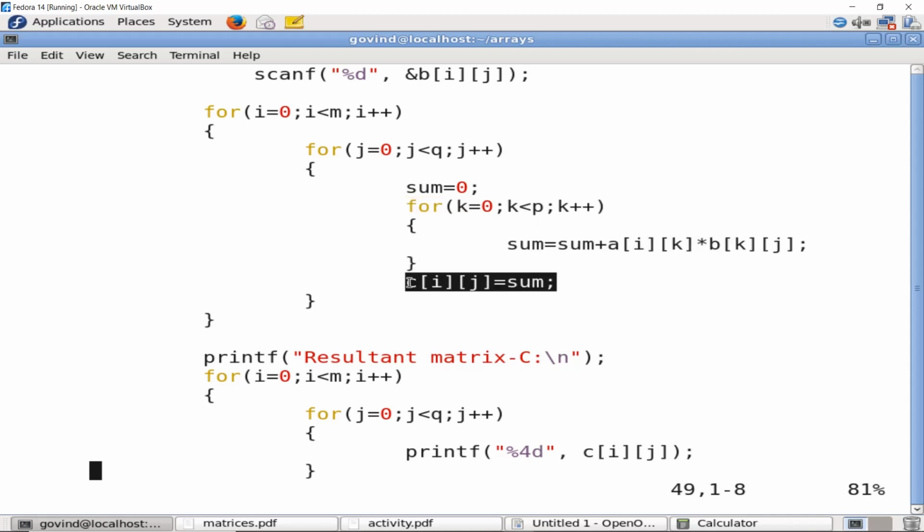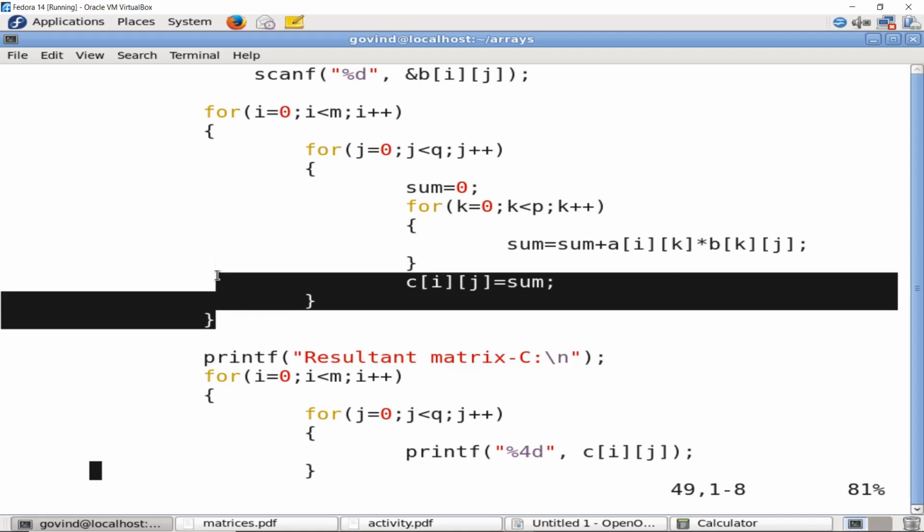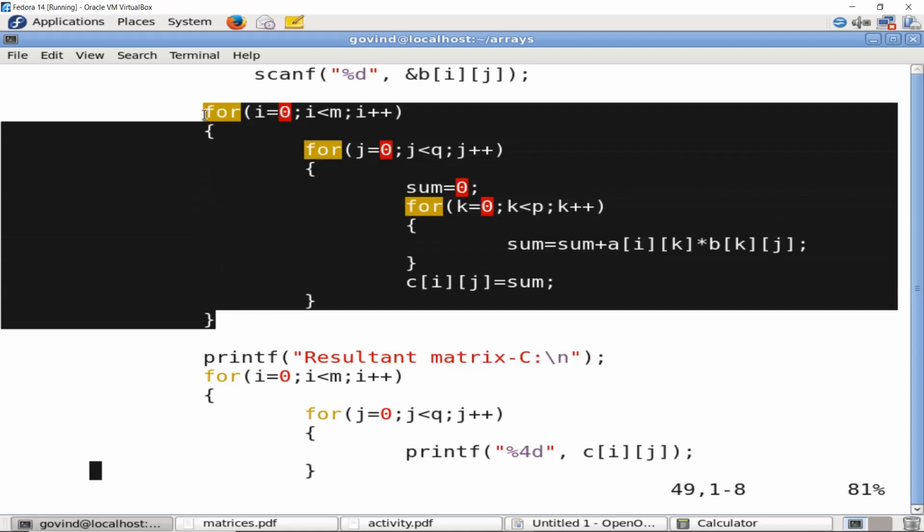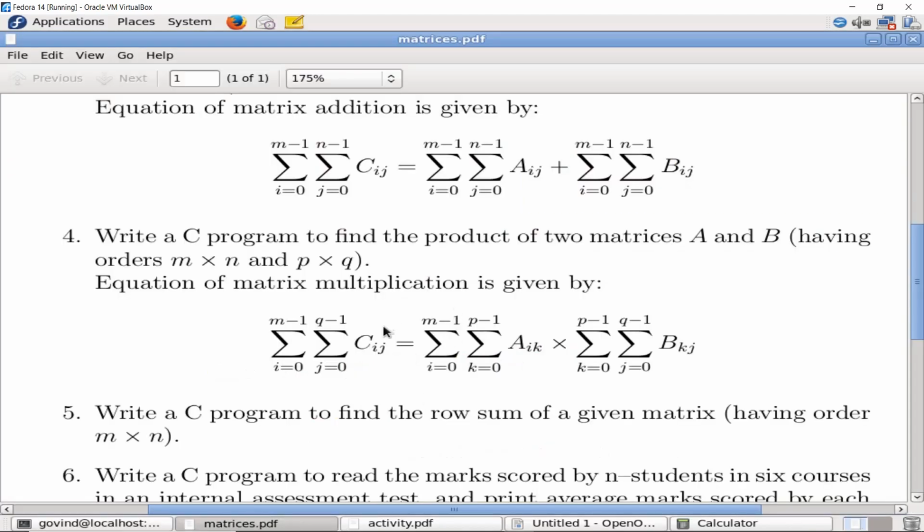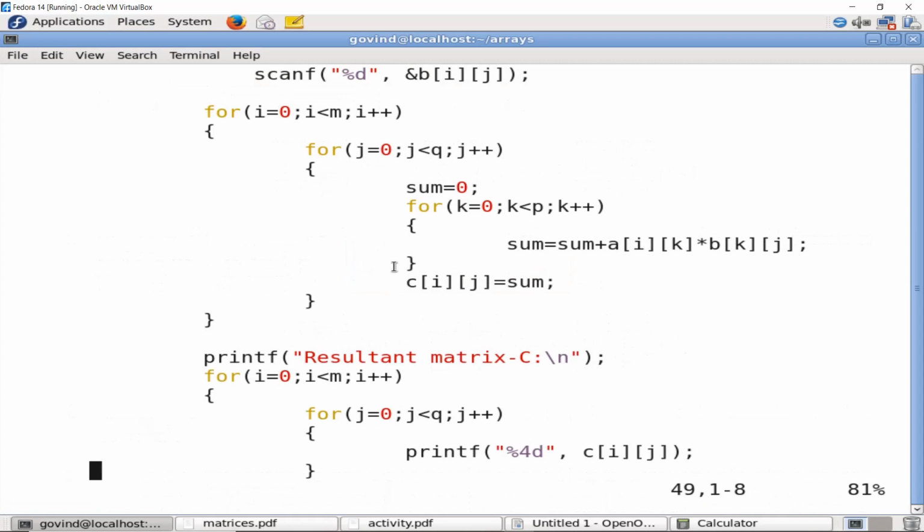This is repeated till all the elements of the matrix are multiplied properly. So at the end of this loop, we have the matrix C whose order is m cross q. So n should be equal to p for matrix multiplication to be possible, first condition, and the order of the resultant matrix will be m cross q. Please remember this fact. This is very important.